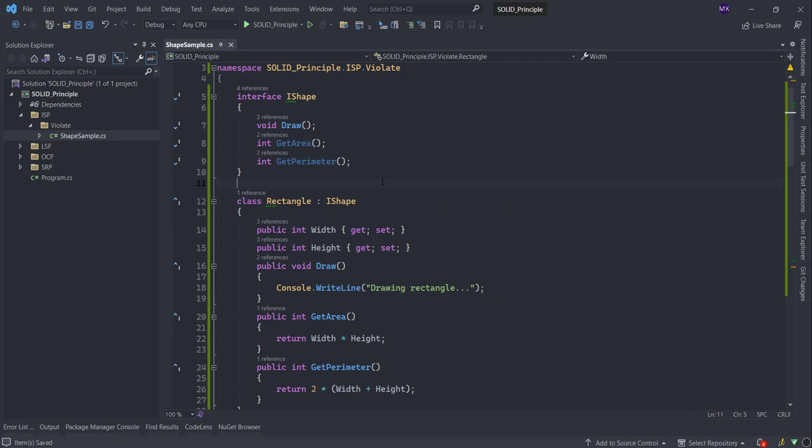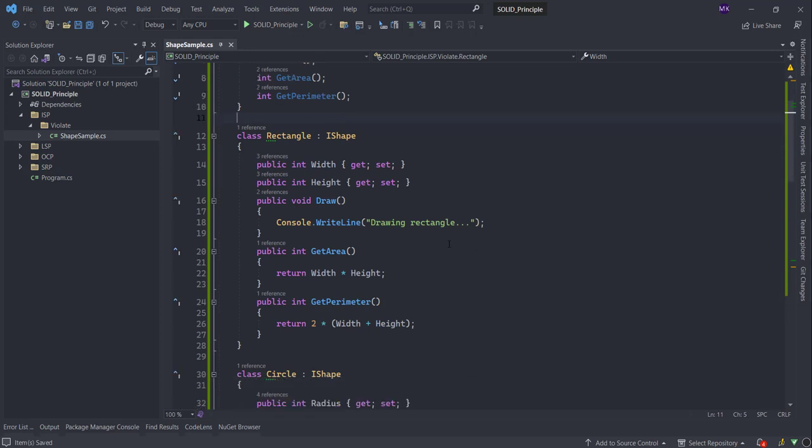Suppose we have an interface called iShape that represents different shapes, and it has three methods: draw, getArea, and getPerimeter. We have two classes that implement the iShape interface, rectangle and circle. However, both of these classes implement all three methods of the iShape interface, even though some of the methods are